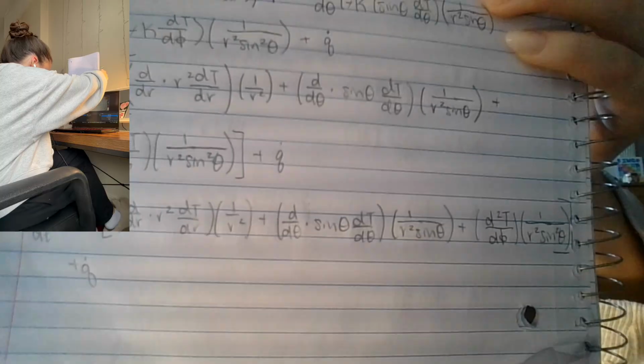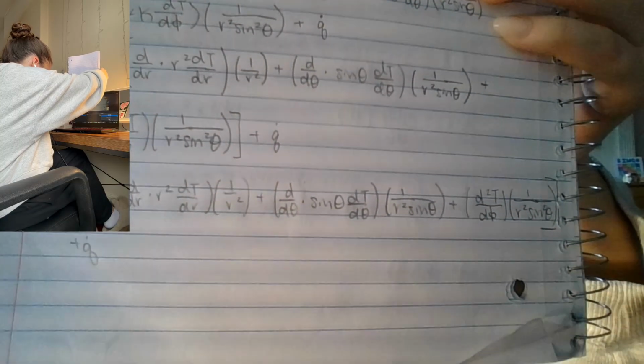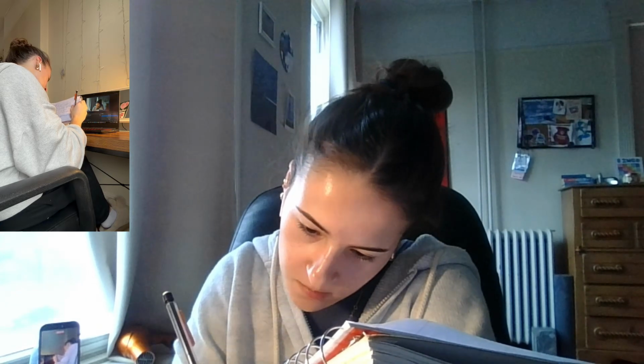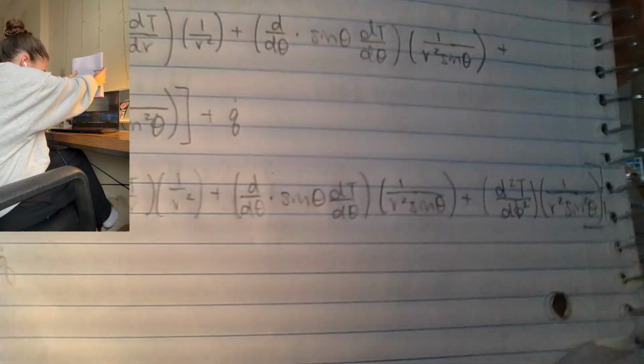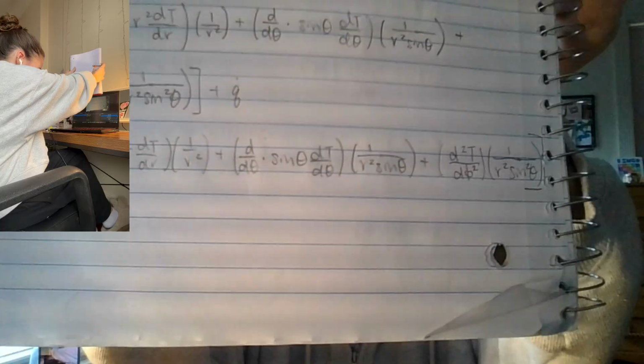Alright, I almost got it on one line, but not quite. So all I did here was rewrite the whole thing and then turn the phi one into the second derivative. Oh, I forgot a squared here. Alright, there we go. Turn that into the second derivative, but the rest of it remained the same because it